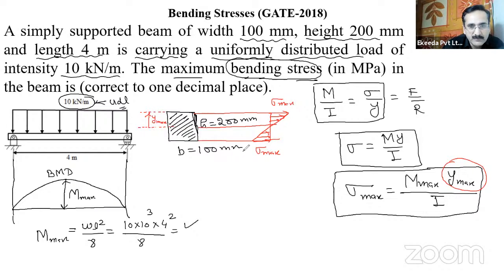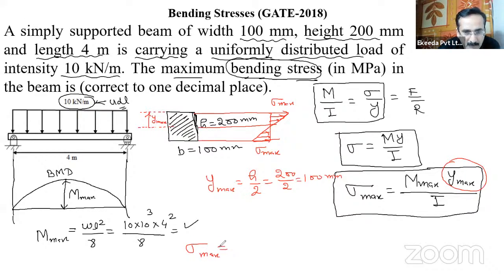For sigma max, Y max is basically h by 2, half of the total height, and h is 200 millimeter. So this is 200 by 2, that is 100 millimeter. Now we can find out sigma max. That will be M max, which is W L square by 8, into Y max, which is h by 2,